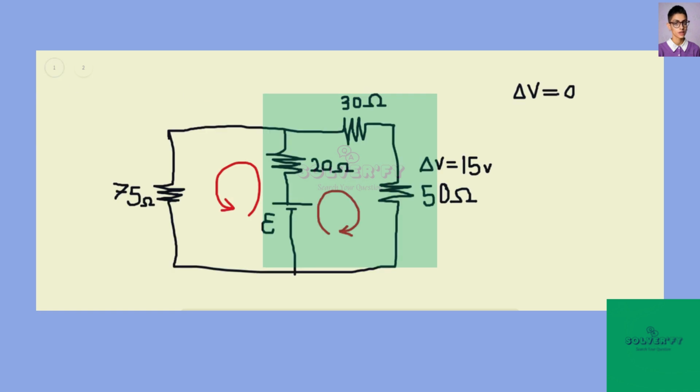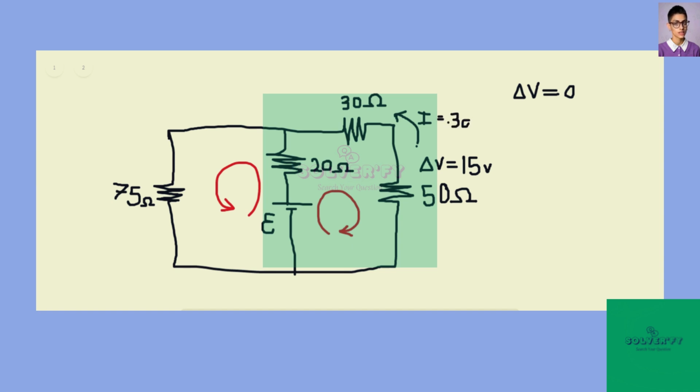So I'm not going to review Ohm's law because that was done in previous chapters, but we can find the current in the 50 ohm resistor using Ohm's law, and that current is the same as in the 30 ohm resistor because these two are in series, and that current is going to be 0.3 amps, and you can get that just by dividing 15 by 50. So that's